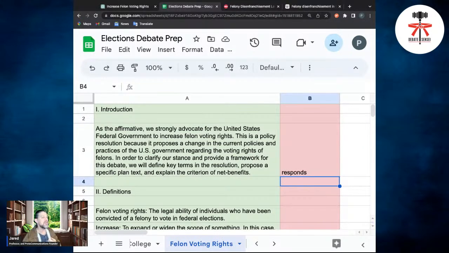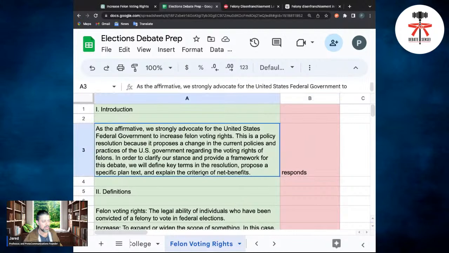All right. And it's really helpful if your opponent doesn't respond to any particular argument, because then you can start using that lack of response to your advantage as well sometimes. So I do really recommend using a spreadsheet in order to keep track of arguments rather than a document. All right.